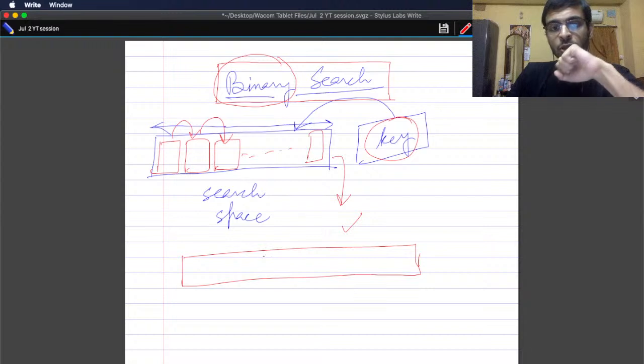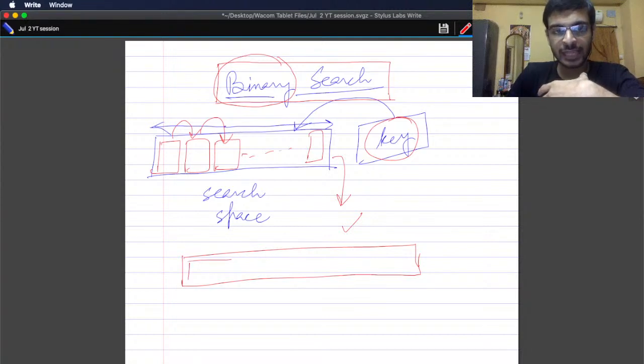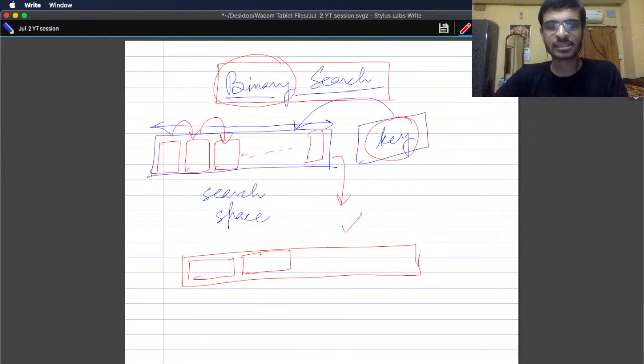You know that not the same number of elements start with A as start with B. You know that there are more elements that start with A than that start with B. You know there are more elements that start with S than that start with Q or R. So from this information you can say that, okay, we can't determine where a particular word will be, suppose we require a particular word,